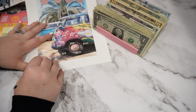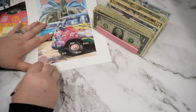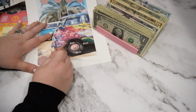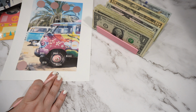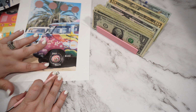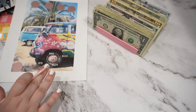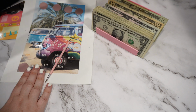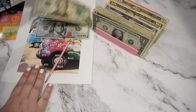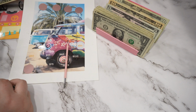So, $225 is how much we're putting in here, which means we only have $125 to work with for the rest of the binder. But you know what? I'll be so happy when this one is done, so I can't even be mad at it. And I should have a payment coming through pretty soon. So hopefully we can finish this up soon. So $225. So now in deposit,